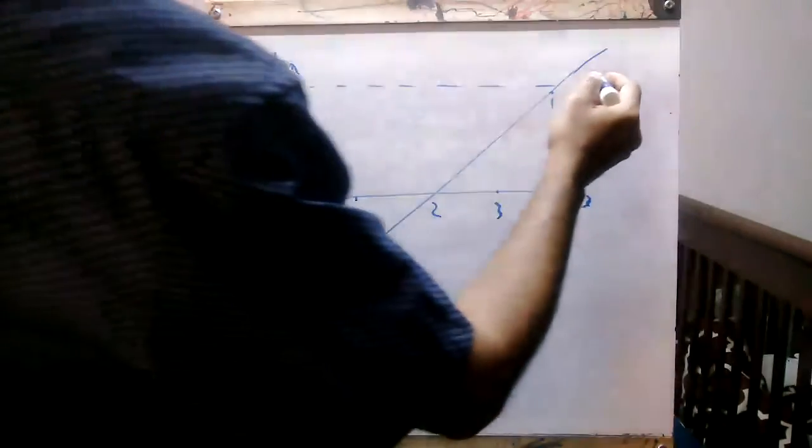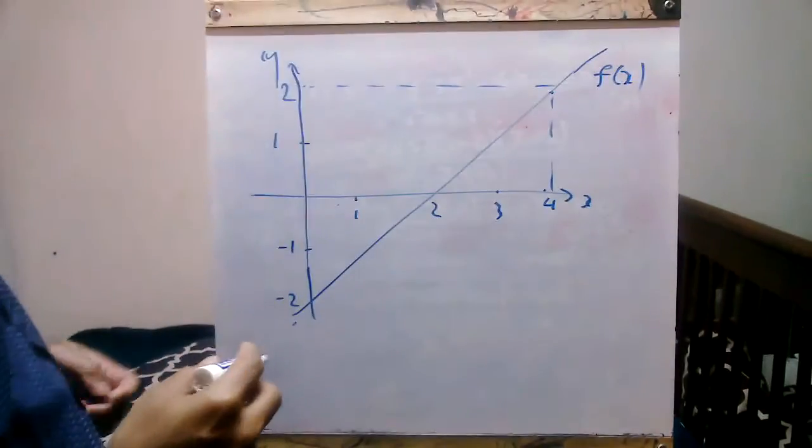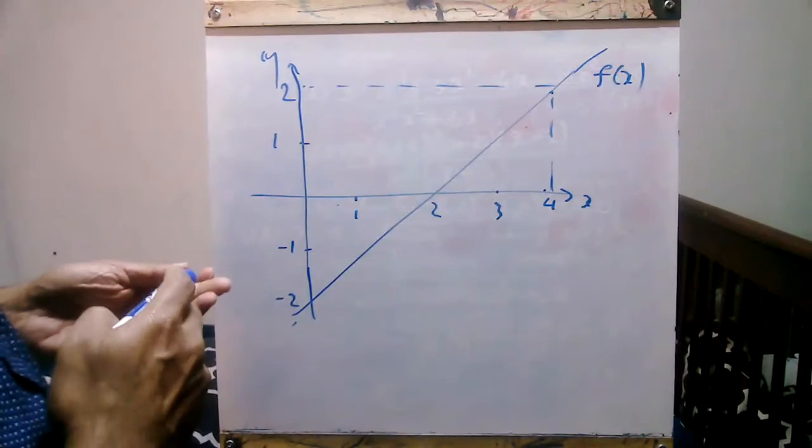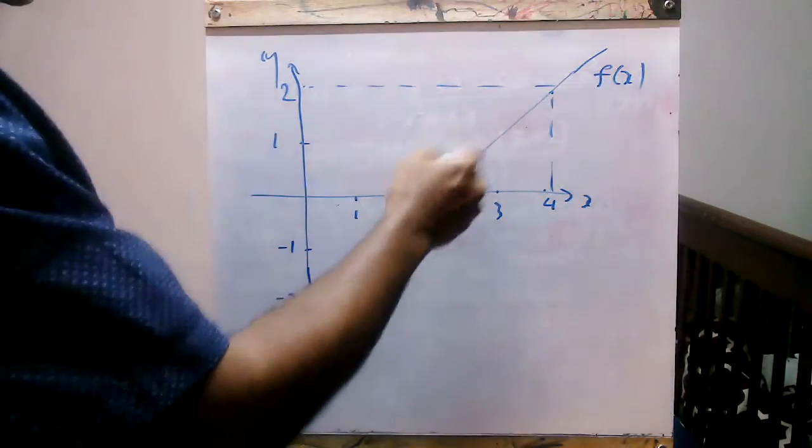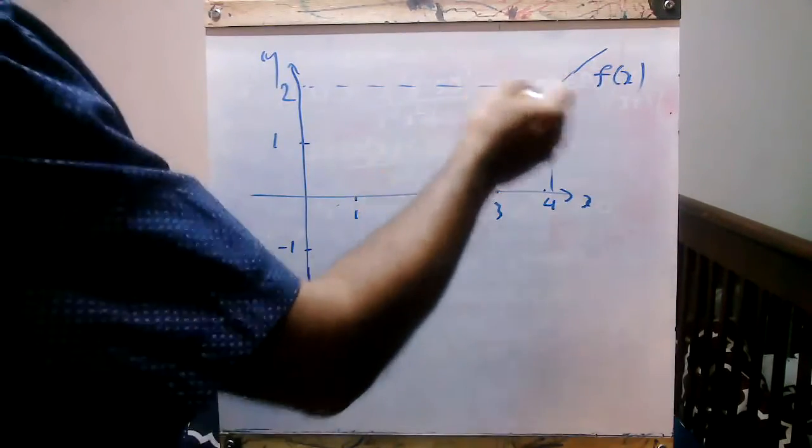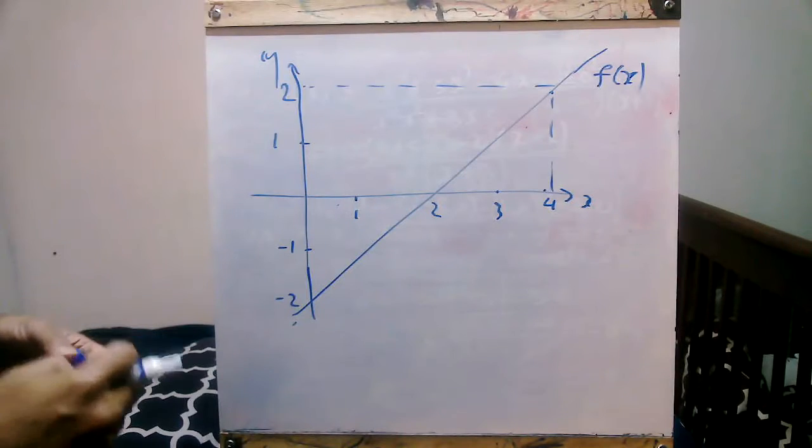So this is a straight line, and say this is f(x). We name this f(x). It goes through these points. We can find the equation of the line, but that is not the point. What I want to remind you of